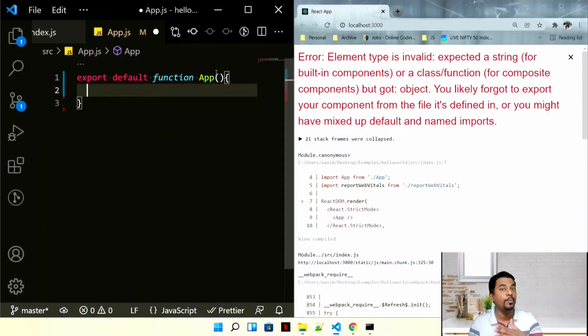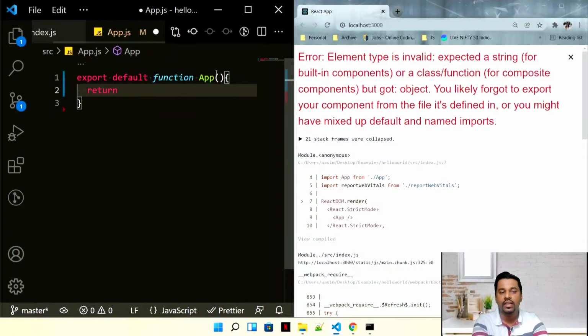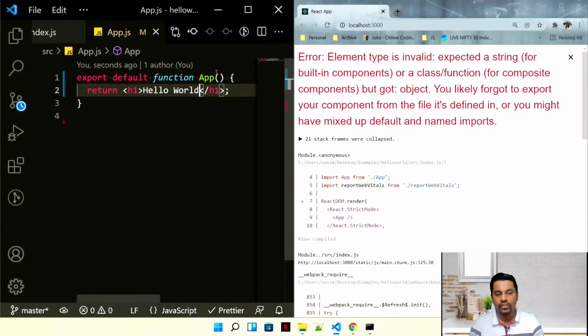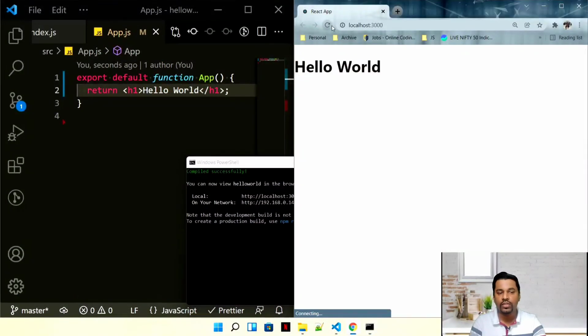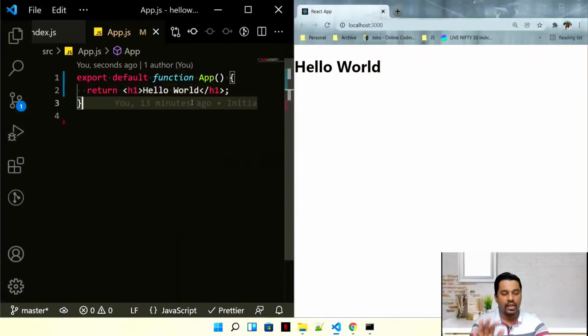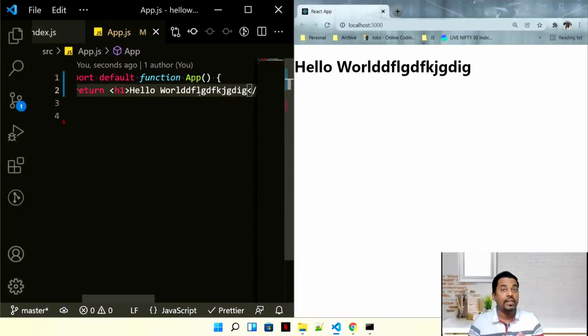But there is a thumb rule. Each component should return something, return a JSX. JSX is JavaScript XML. So that means your HTML, you can just return it. A form of HTML you can return here. So I'll just say hello world, save, and you can see some compilation going on. And let me just quickly refresh this so that it loads the default browser. Whenever I write something and save it, it refreshes. So React applications are re-rendered by default, you can say.